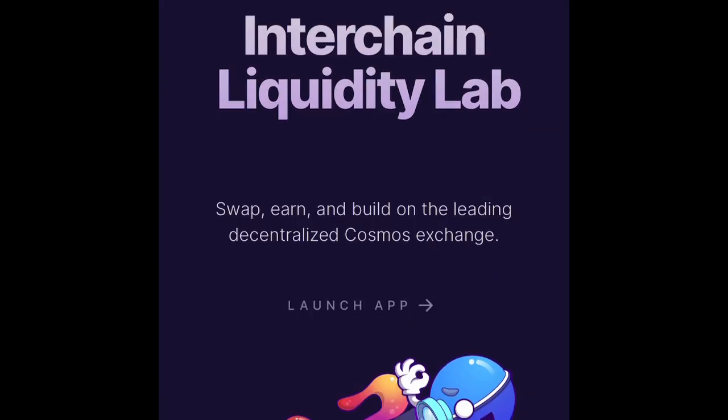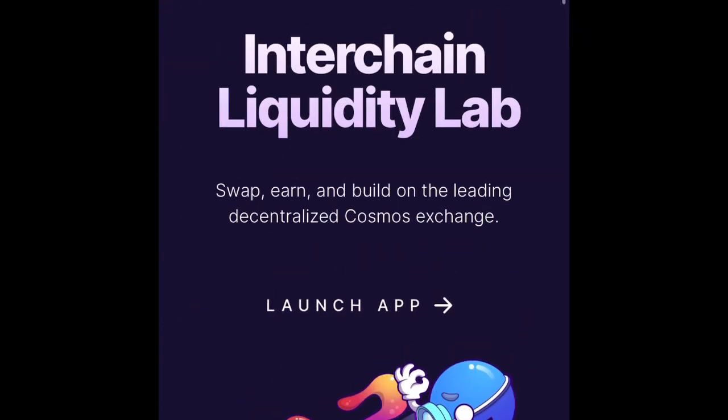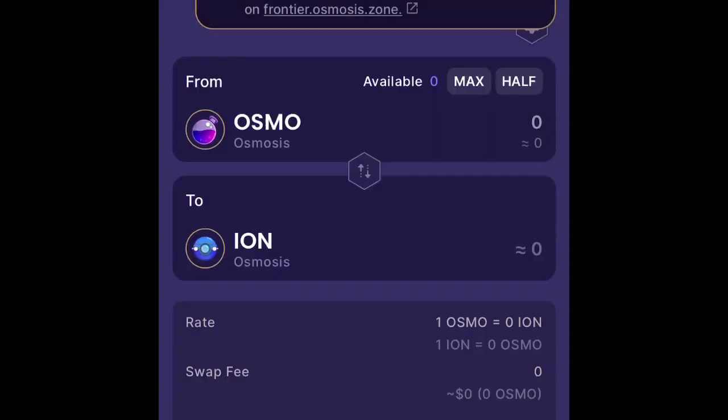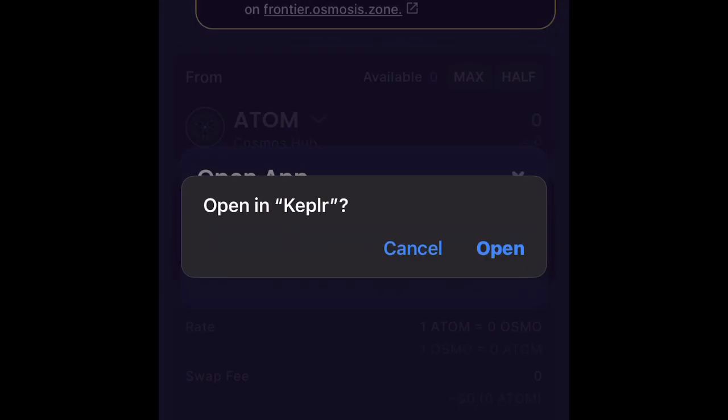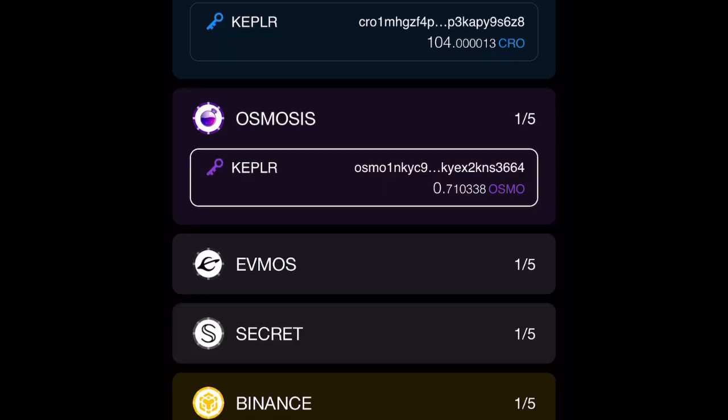So if you go to home right here, it's going to show me. If I try to connect, I don't think it'll work on the Cosmostation wallet. So when I go to launch app, this is where we're going right now. When I try to connect it right here, see, it won't let me. It'll automatically send you to Keplr. Keplr is like a middleman wallet between Cosmostation and the Osmosis swap. And you'll understand why, because Osmosis swap is very important, very vital in this.